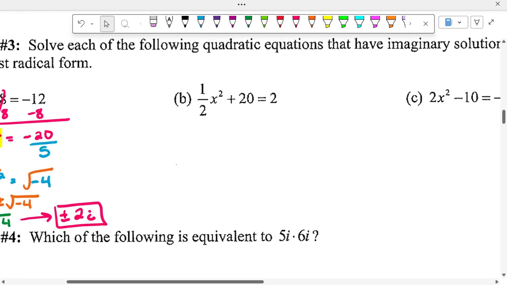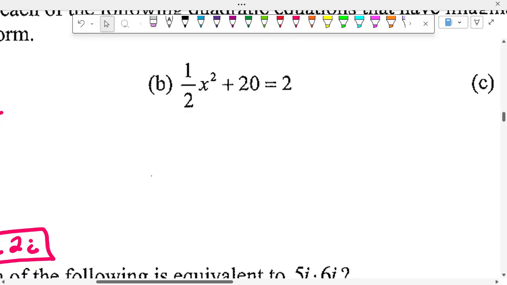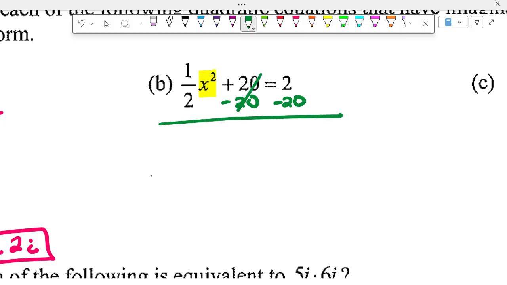So let's try this one together. Again, treat it like you're trying to get the x squared by itself first. You cannot take a square root until that x squared is by itself. So what's my first step? Subtract the 20. So that's equal to negative 18. Now,